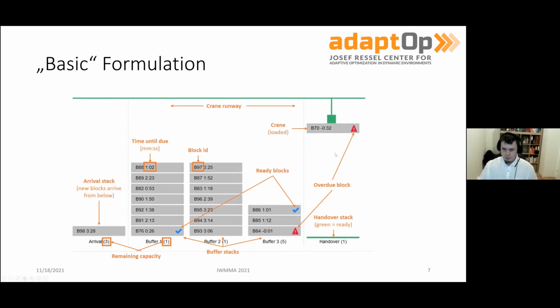Usually, you do this with a crane that takes a certain amount of time to pull up or drop down a block and to move along the crane runway. And in one of the scenarios that I'm presenting you today, these blocks are annotated with a due date. This is the last point in time where you have to output the block, otherwise you incur penalties. Also, you cannot emit a block on the handover or output area whenever you like. You have to wait until they are ready, and you have to wait until the handover process is ready,